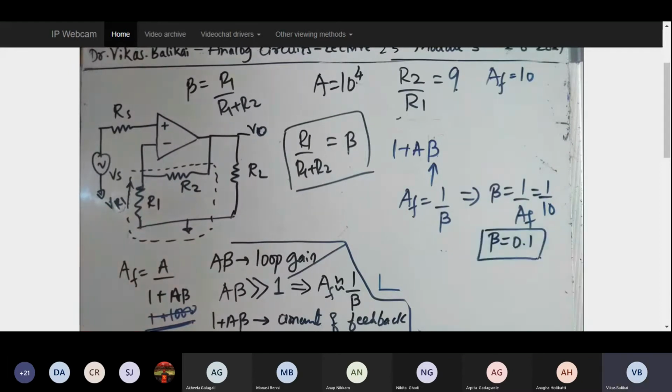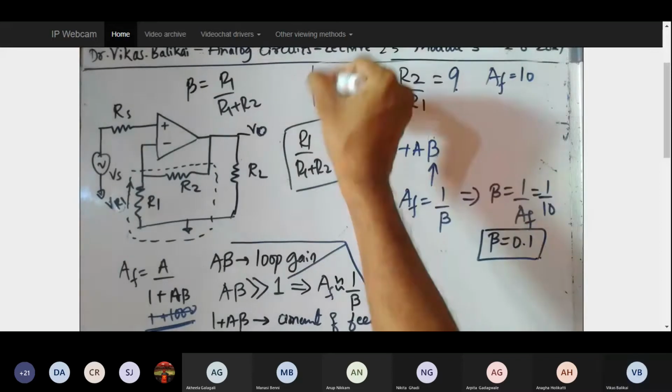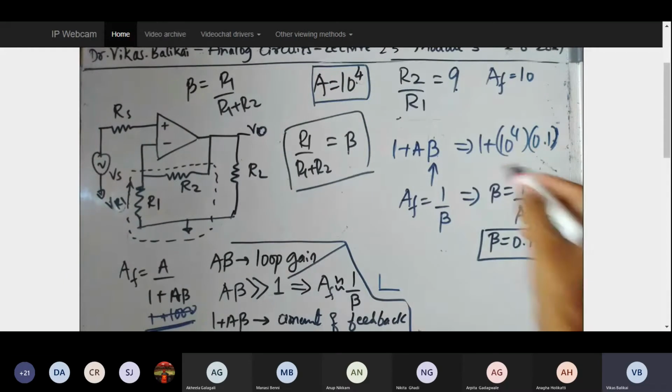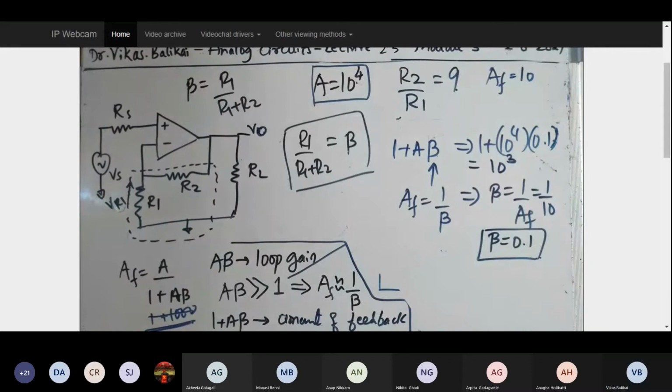And the A value has already been given as 10 raised to 4. So what will be 1 plus A times beta? A is 10 raised to 4, beta is 0.1, which is 10 raised to minus 1. So 10 raised to 4 multiplied by 10 raised to minus 1 is 10 raised to 3. 1 plus 10 raised to 3 will be almost equal to 10 raised to 3. So the amount of feedback is equal to